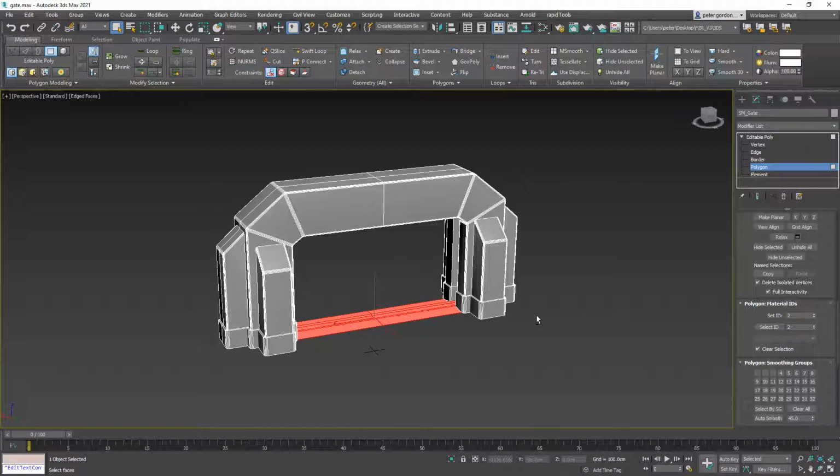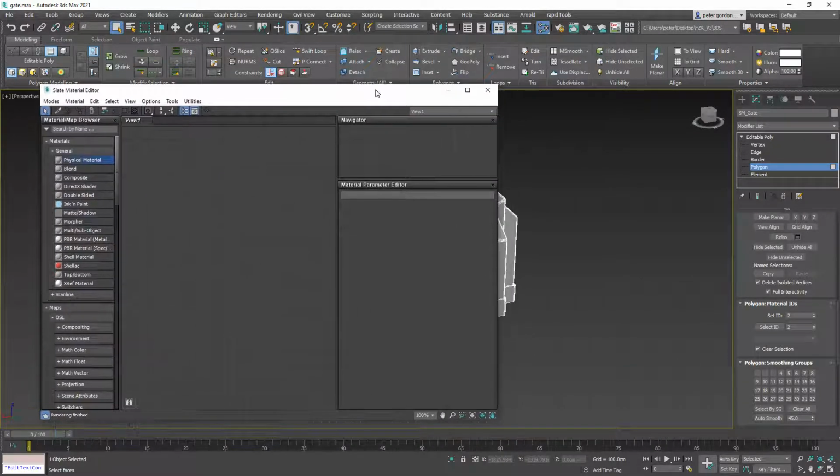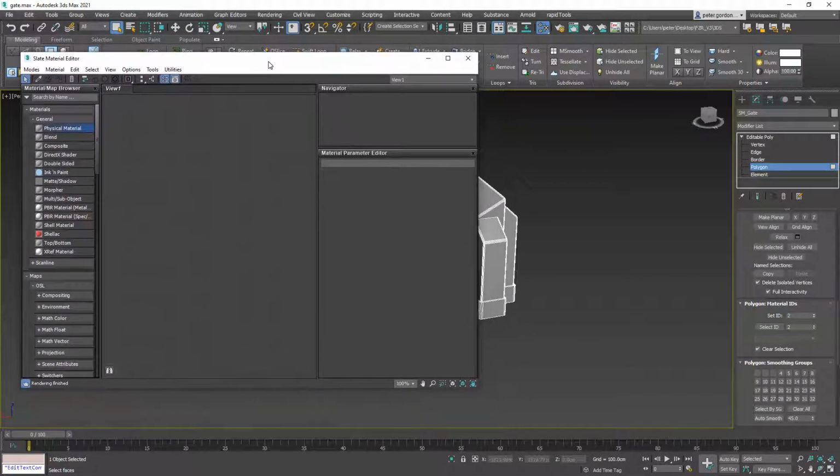Now, if you want this to work, if I was to export that now and just bring it into UE4 and apply the texture to it, it's not going to work. There's one other thing you need to do, and you do need to apply materials to it. So I've opened up the material editor, press M, and the way we do that is we're going to bring in a